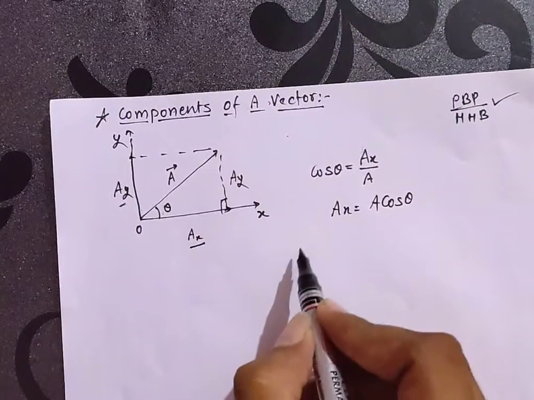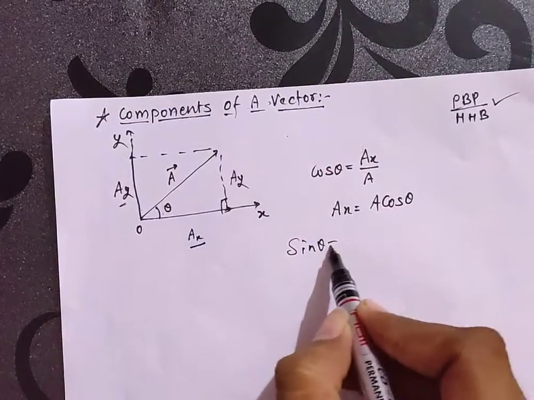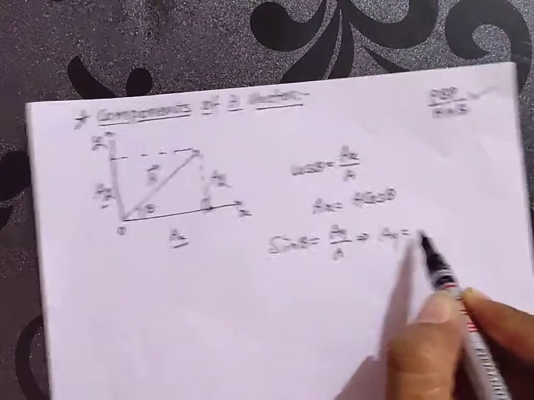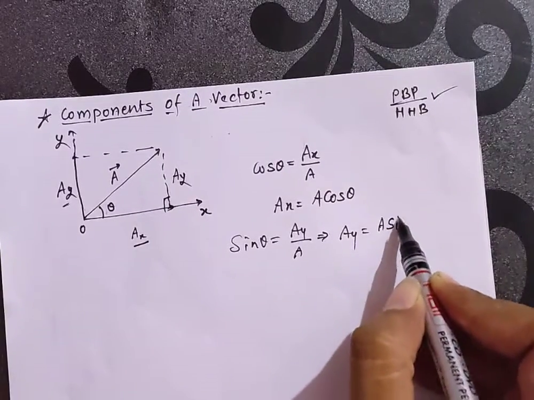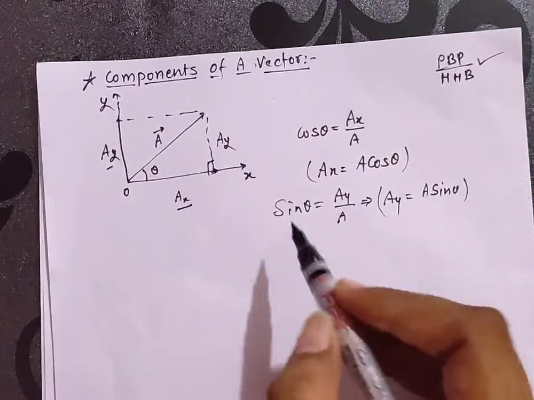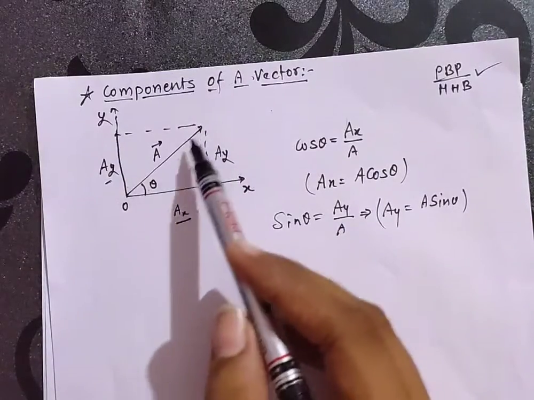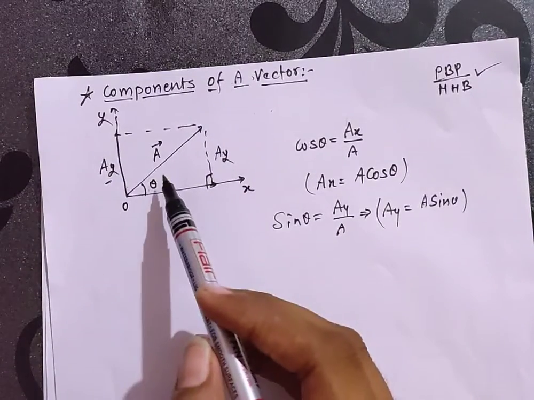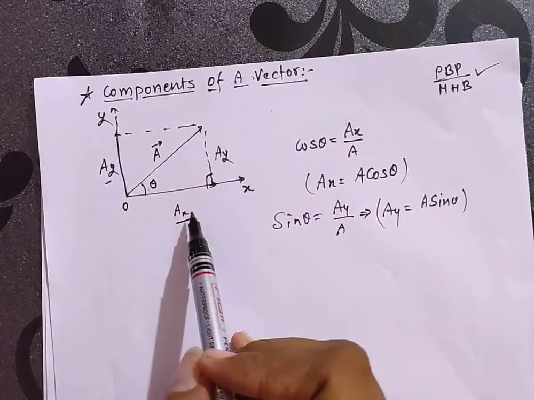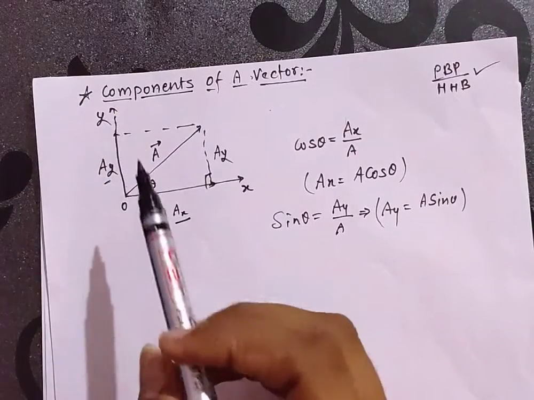And what about this Ay? Sin theta of this right angle triangle is Ay upon A. So Ay is equal to A sin theta. इन शॉर्ट अपन सीधा सीधा ये याद रख सकते हैं कि किसी भी वेक्टर के अगर वो थीटा एंगल फॉर्म कर रहा है किसी एक्सिस से, तो अलोंग थीटा जो कंपोनेंट होता है वो हमेशा आपका होगा कॉस थीटा, और उसके परपेंडिकुलर जो कंपोनेंट होगा वो आपका होगा साइन थीटा.